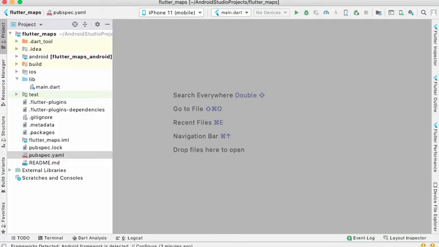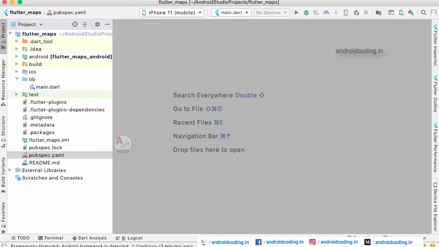In this vlog, we will see how to add Google Maps to your Flutter application. And one thing I want to specify: I have provided the detailed description of how to enable Google SDKs in your account. So before proceeding to this tutorial, you need to enable the SDKs in your Google console so that you will be able to access the maps in your application.